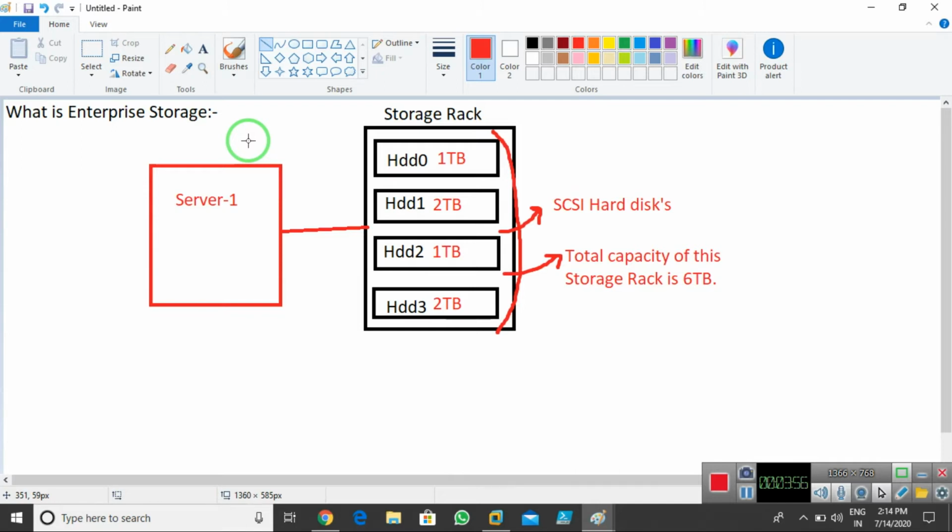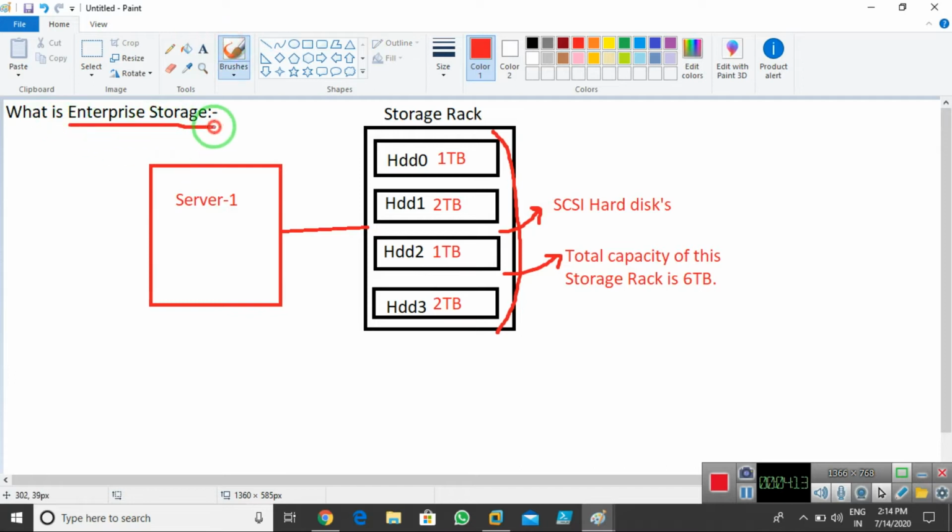With the help of this server, I'm able to manage all the racks and provide the storage to other servers or clients. This is the kind of storage we use in enterprise storage.